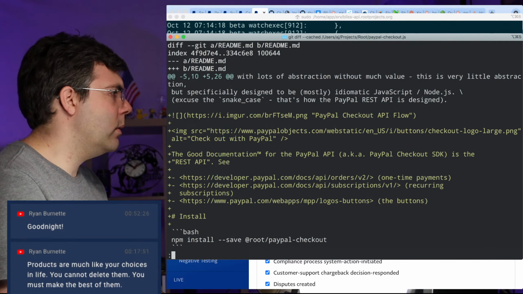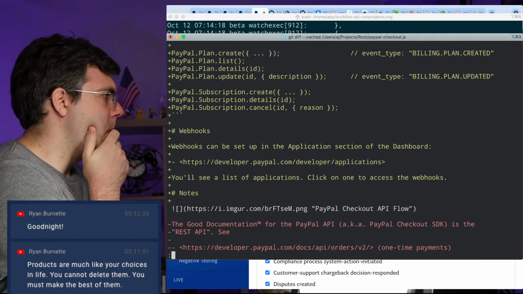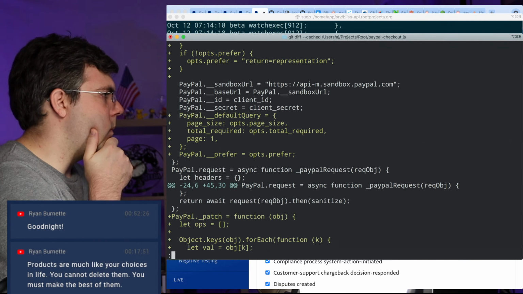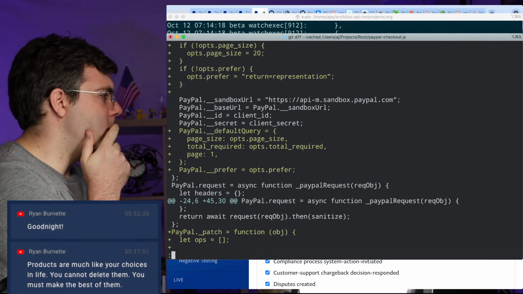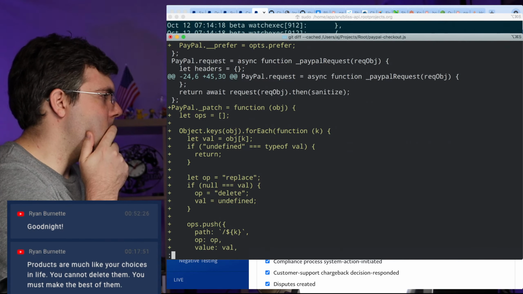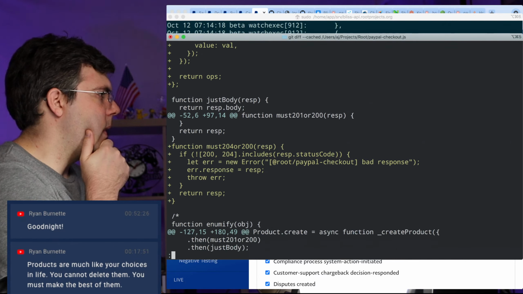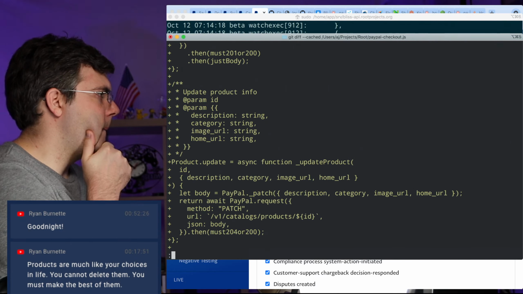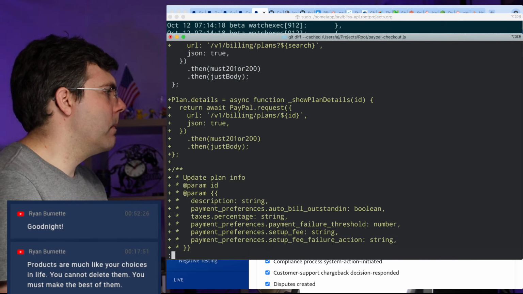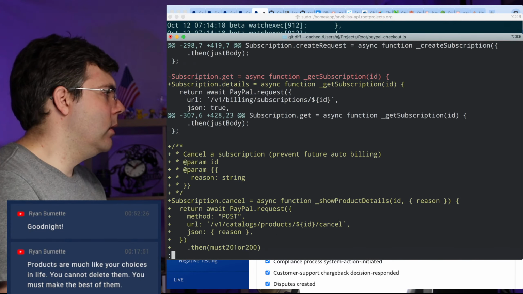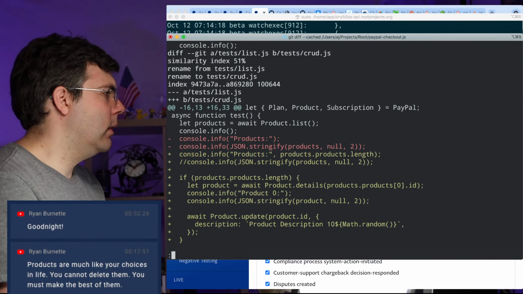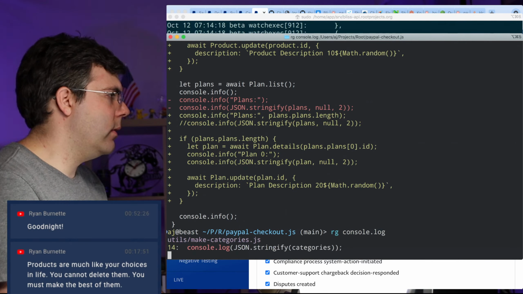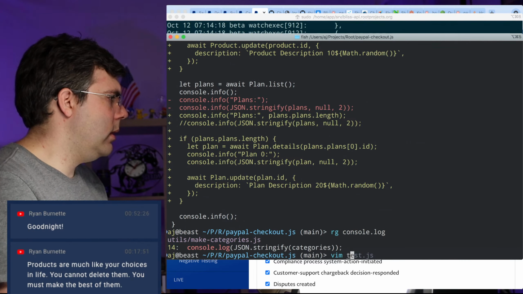Yeah, I'm just going to take a look at this real quick. I'm not actually doing anything with that prefer yet. That's fine. Okay, this all looks good, like I expect, and I pretty much tested it all. Let me just make sure I don't have any more console.logs left over. And I do.